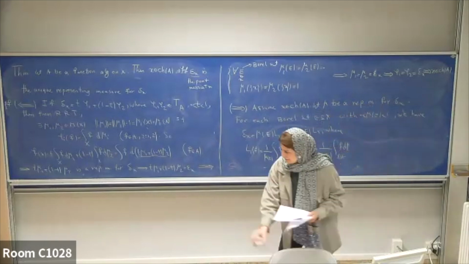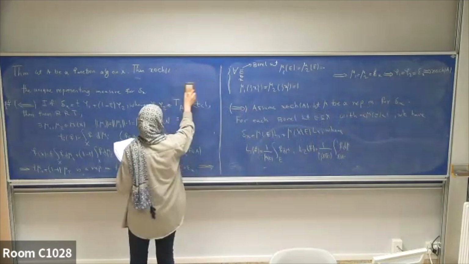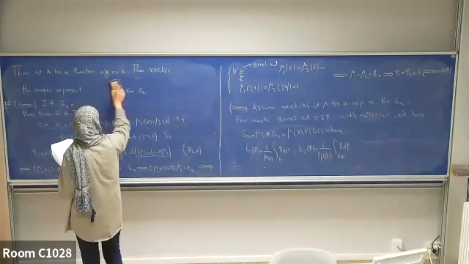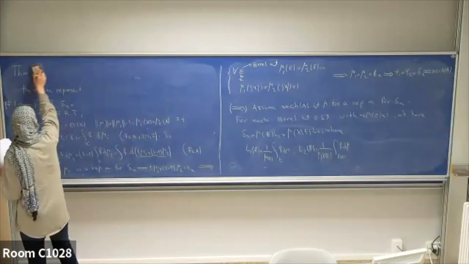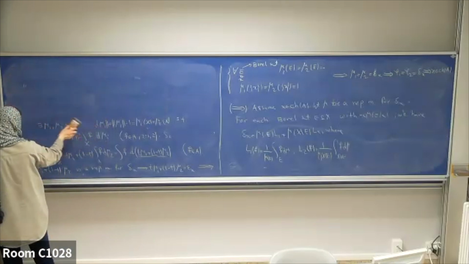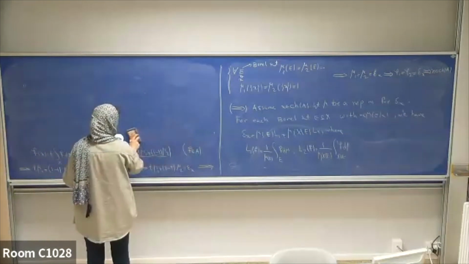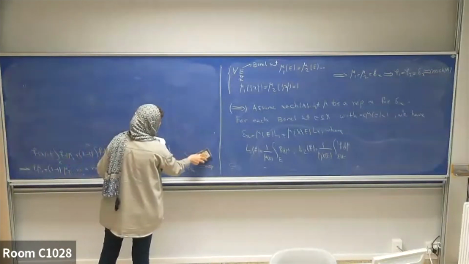But they are functionals in P of A star. x is an extreme point, and so L1 and L2 are equal to,